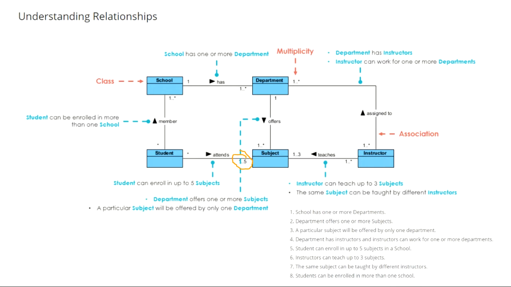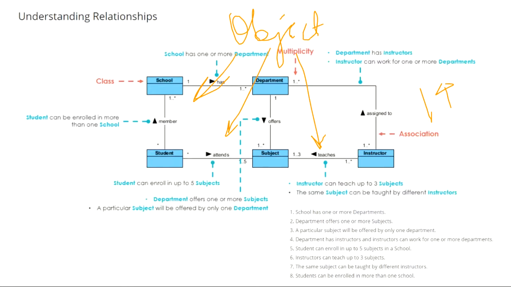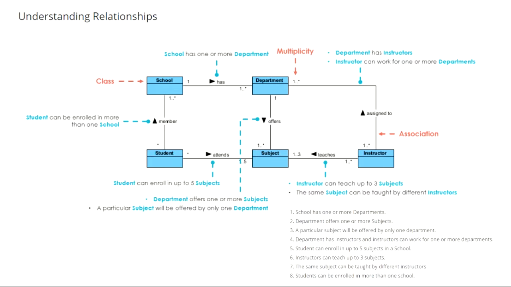So this was all about student and class relationships. It means all the relationships we have seen, that school has one or more departments, department has instructors, and all those. So do you have any doubts in relationships? Because today we will see object diagrams, and these relationships remain common there also. Relationships, multiplicity, whatever we have read till now: association, inheritance, aggregation, composition, all these things are common for object diagrams also. So any doubts in relationships, because this is important. Okay, ask me.